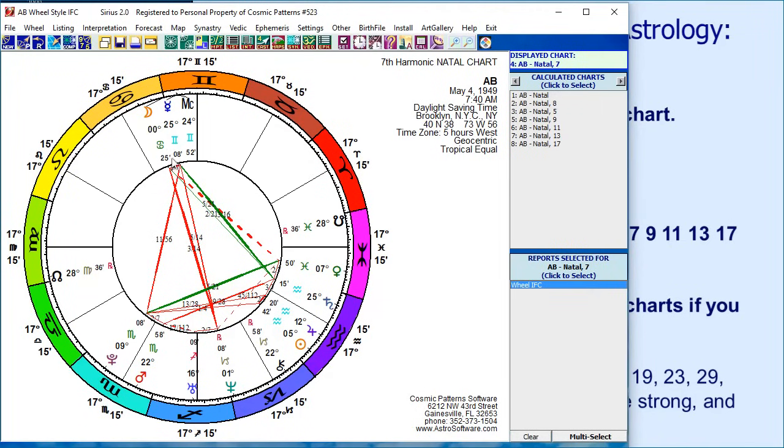In the series of videos on harmonic charts, I talk about orbs, but you can see that this Mercury-Neptune line is a little bit thin, but it's there. It's not extremely thin like these squares, or even thinner. And this is very thick, and the Mercury-Moon is close. So she has a Moon, Mercury-Neptune. It's solidly there. Moon, Mercury, Neptune in 7th harmonic is very soulful, tends to mythology,